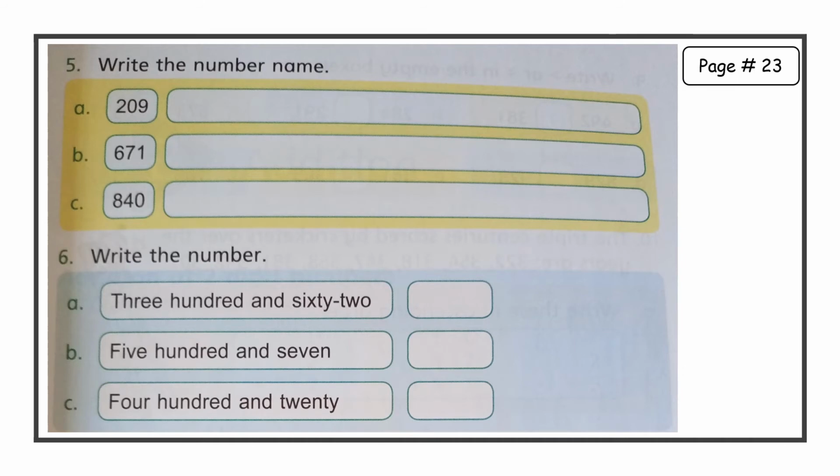Okay, now we have to write the number names. Number name means we have to write this number in words. It's ones place, tens place and hundreds place. So what is in hundreds place? 2. It means we will write 200